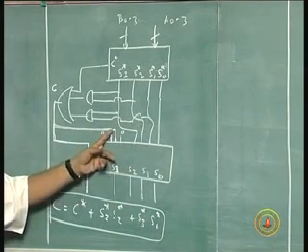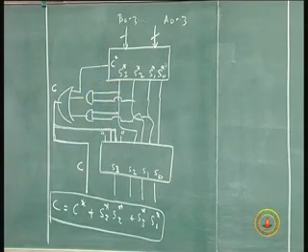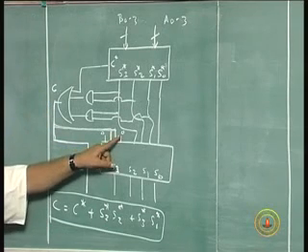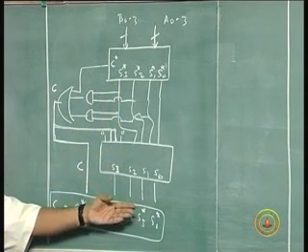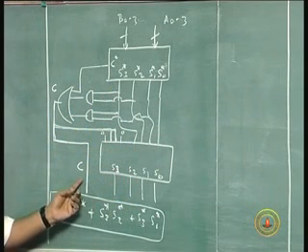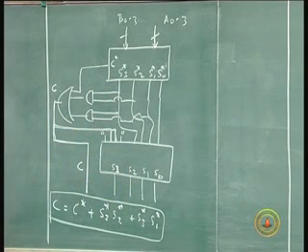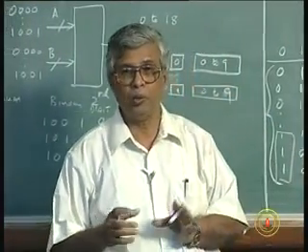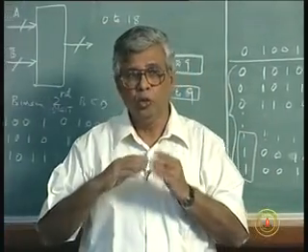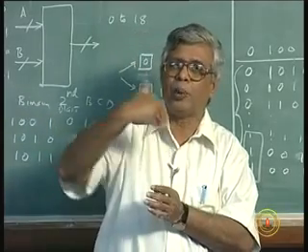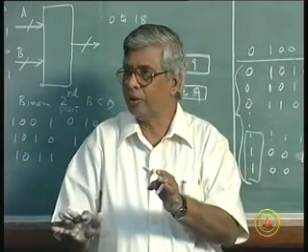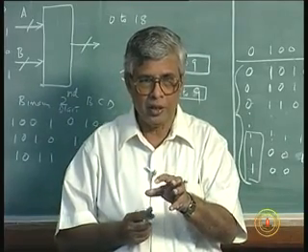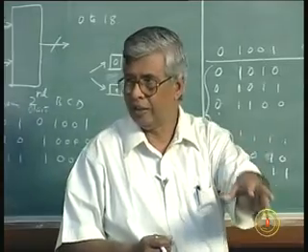Otherwise, this C will be 0 if the result is a BCD number from 0 to 9, so I will be adding 0, 0, 0, 0. That means the original number will come out as the correct final number, and this also will be 0. This is BCD addition. I need a BCD representation only for display purposes. If you are using this as an intermediate result for the next processing, you can treat them all as binary numbers. But if you are taking decimal numbers and treating them digit by digit, I